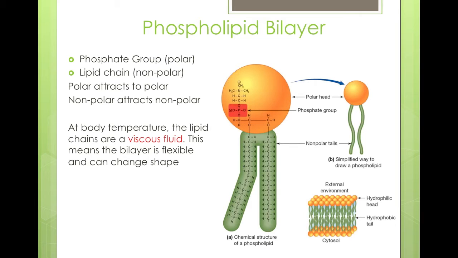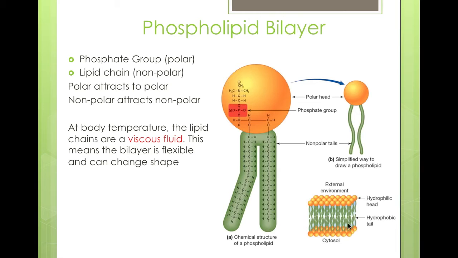The structure allows these molecules to actually be really flexible at body temperature, which is about 36.7 degrees. The lipid chains are a viscous fluid. This means that within your body, this plasma membrane is really fluid. It tends to be very flexible and it can change shape. And the reason for that is because the attraction force between the tails is not a fixed attraction force,